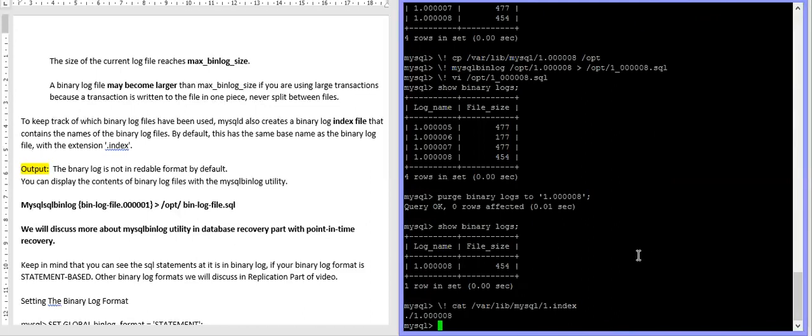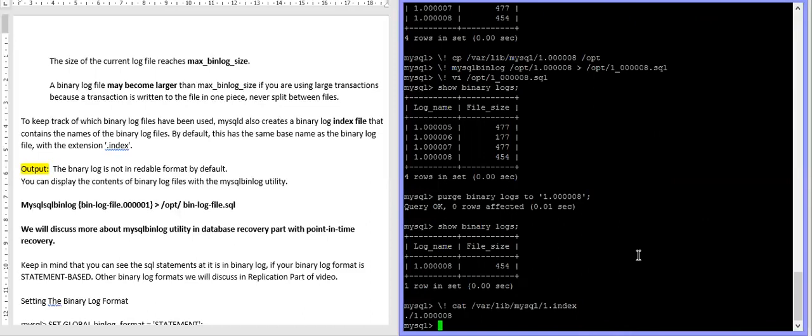One more important point: when you want to expire these logs by some days, if you want to keep these binary log files for the last 2 days or 3 days, you can.